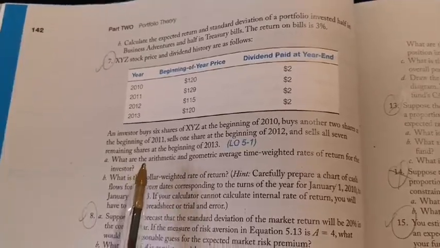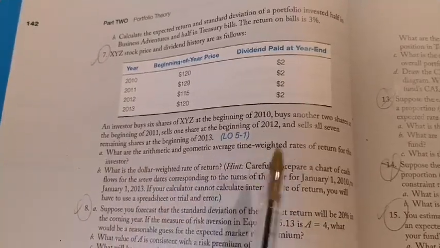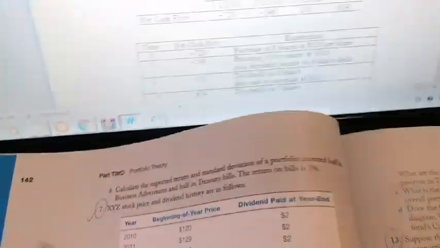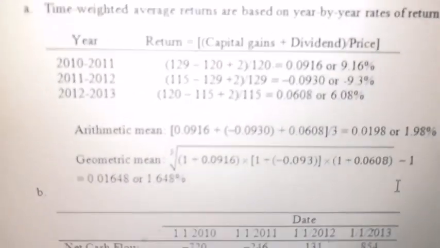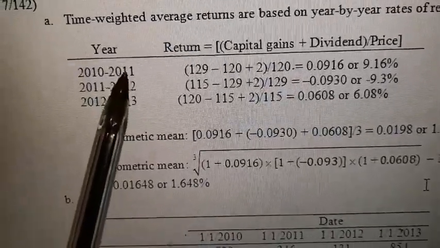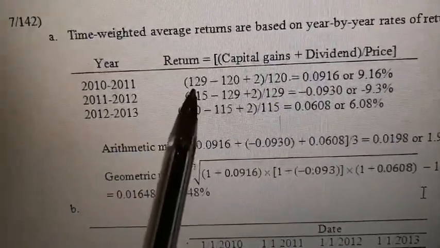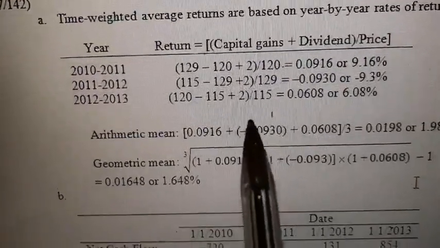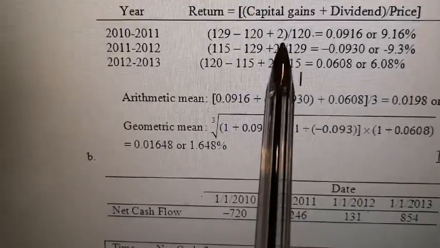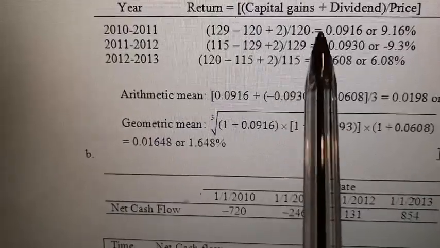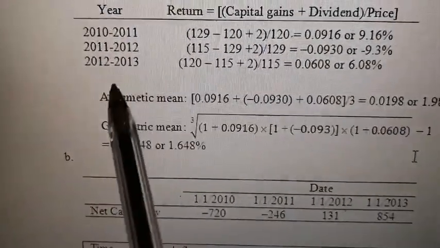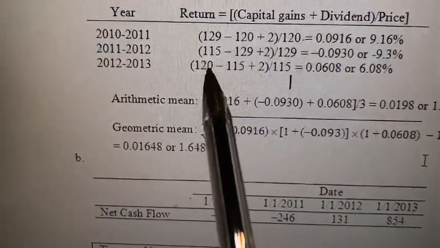Part A. What are the arithmetic and geometric average time weighted rate of returns for the investor? So first of all, we need to compute the rate of return for the stock from year to year. To start from year 2010 till 2011, rate of return is ending price, end of year or beginning of next year, beginning of 2011, minus 2010 price, add dividend $2 per share, over beginning price or 2010 price. The answer is 9.16%. From 2011 till 2012, also